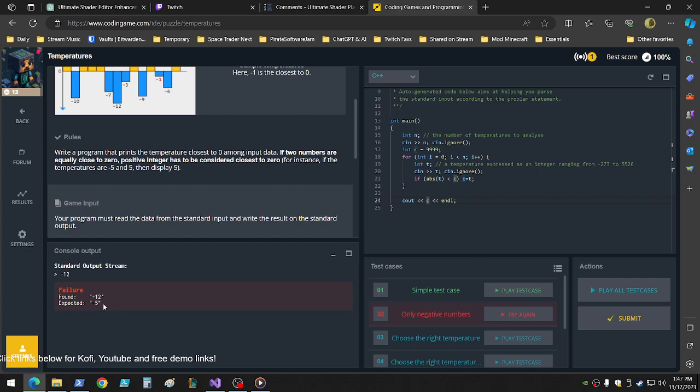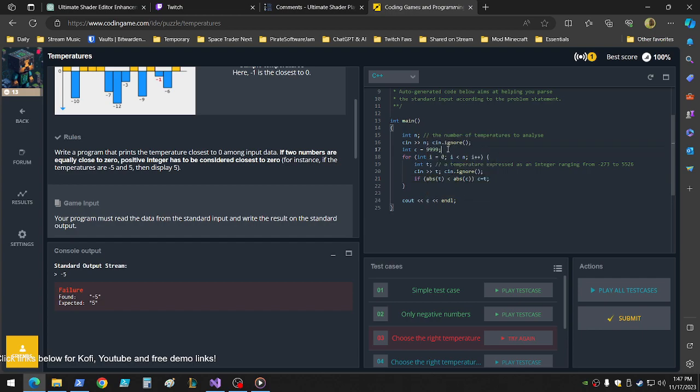Only negative numbers, found 12, expected -5. So the absolute value of -5 should be less than absolute value of c, because c is set equal to t. And then when,